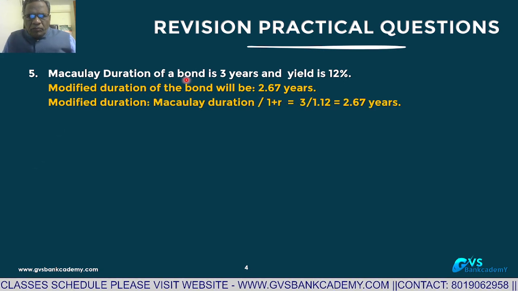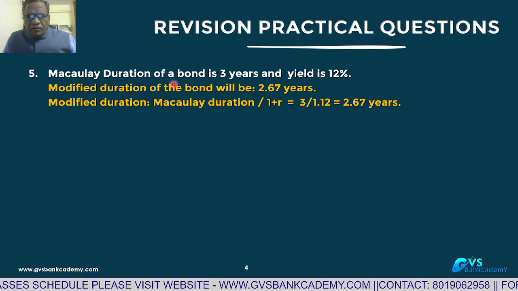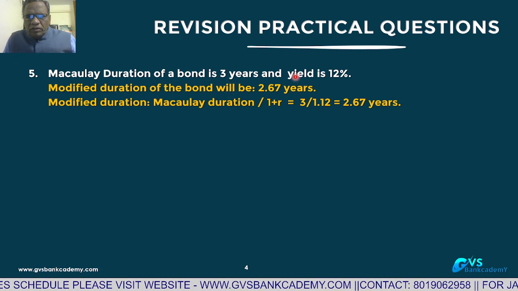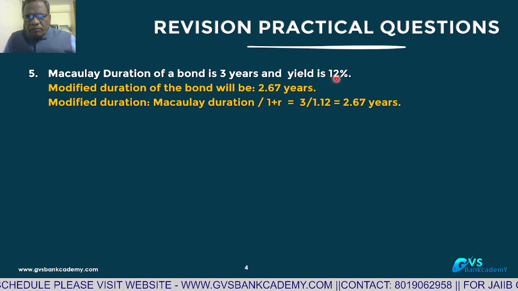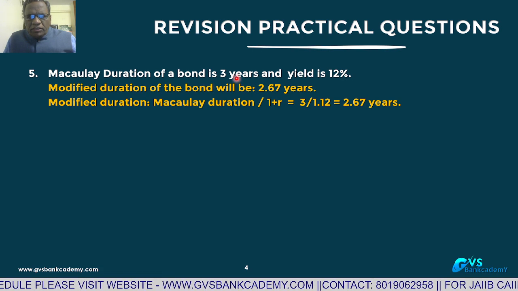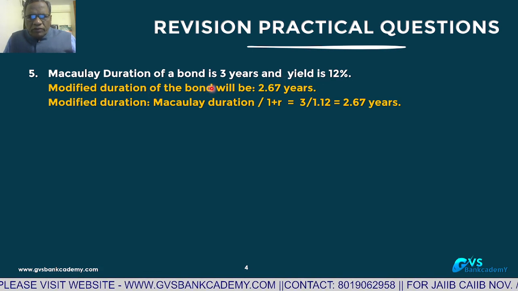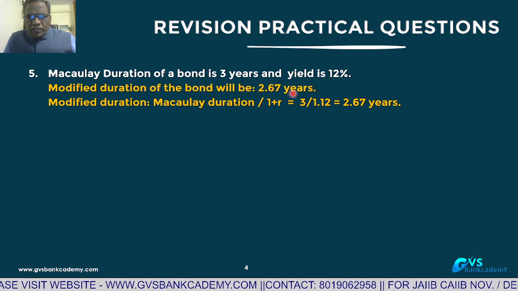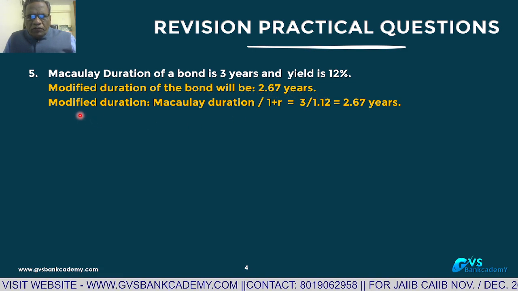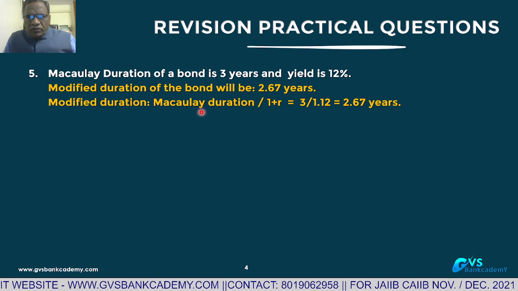Macaulay duration of a bond is 3 years. Macaulay duration of a bond is 3 years and the yield rate is 12%. What is the modified duration of the bond? That is 2.67 years. How is it? Modified duration is equal to Macaulay duration